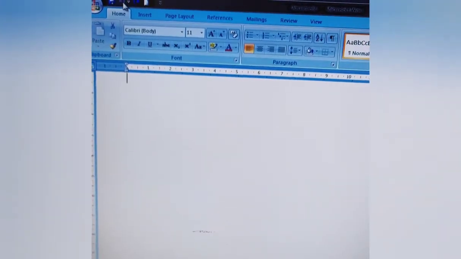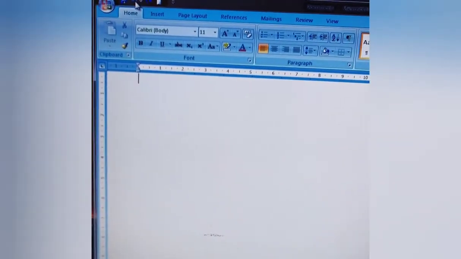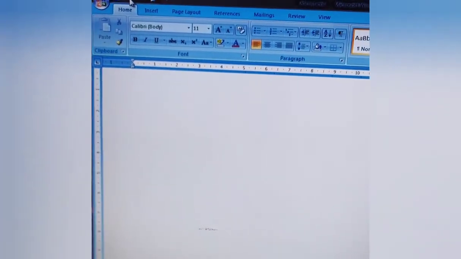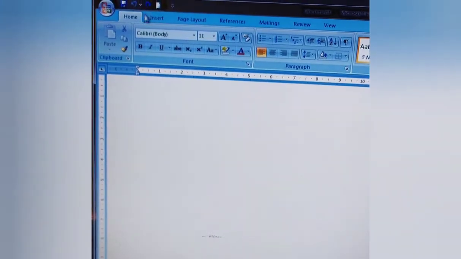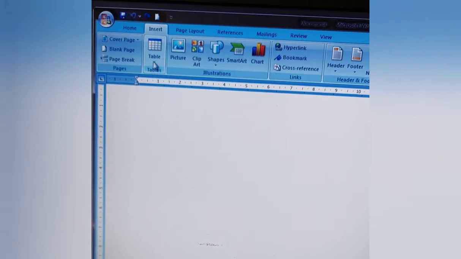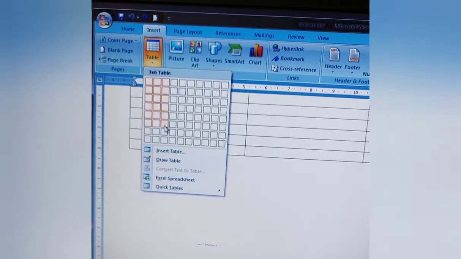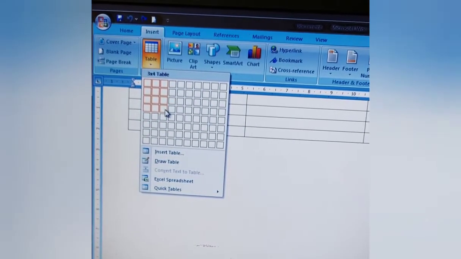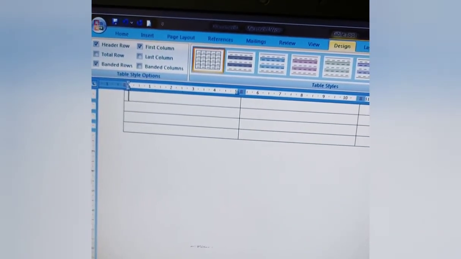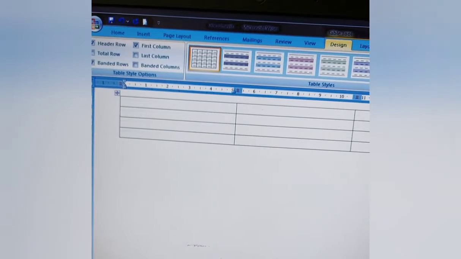Okay, let's start. Students, we will continue with moving in a table, the topic that you have on page number 71. To do that we need to first insert a table. Just like last time we will insert the table. I have drawn a table with 3 columns and 4 rows, as you can see.